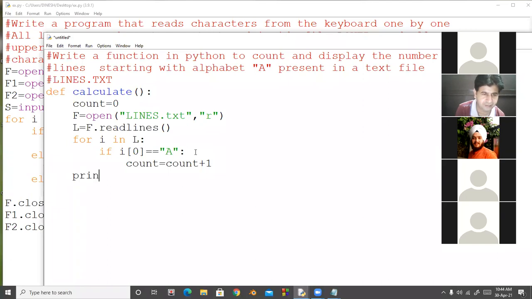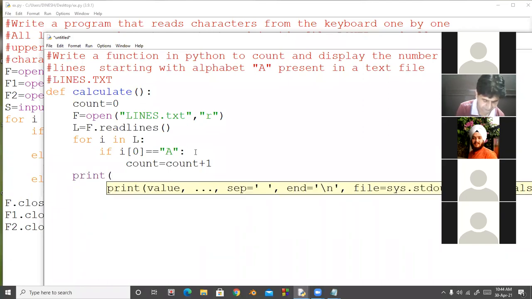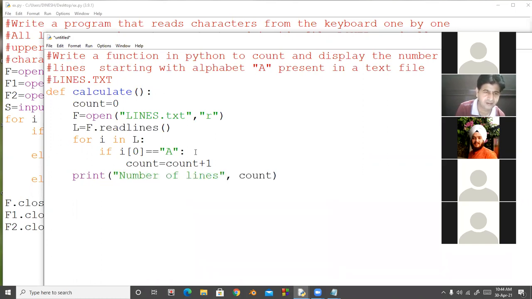After the loop we will print number of lines, then we will display count, and after that we will close the file.